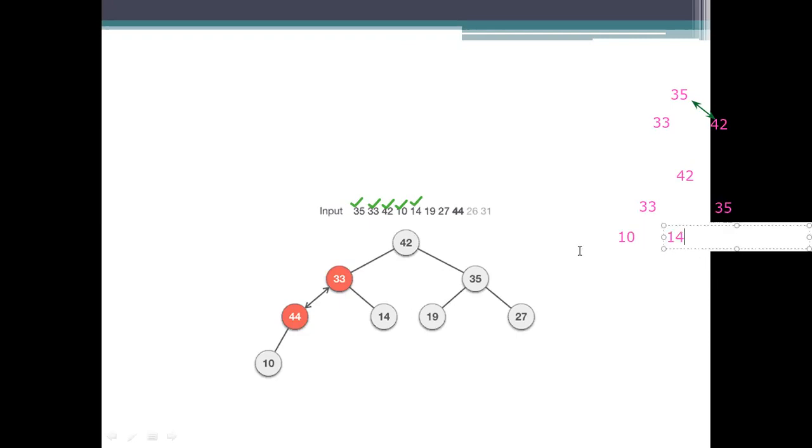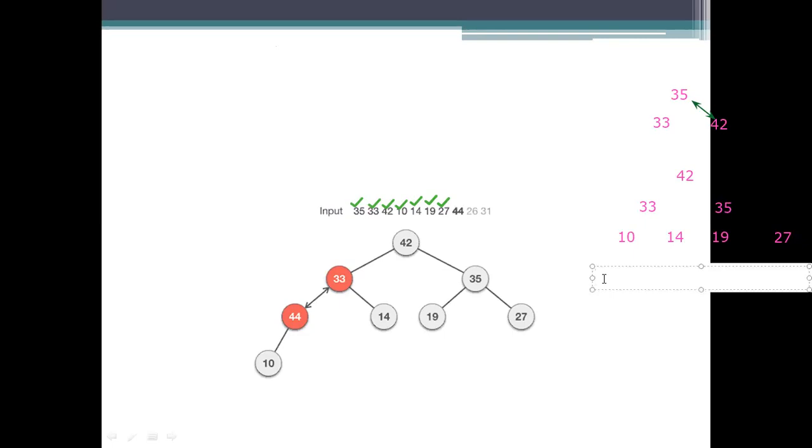14. Next, coming to the next element, which is the 19. Here I need to insert. Next, coming to the next element, which is a 27. Okay, 27 has been inserted. Okay, coming to the next one. Here we will have the problem. Why so? After 27, we have the 44. So 44 value means we should insert where? We should insert left node's leaf value, 44 will be presented here.